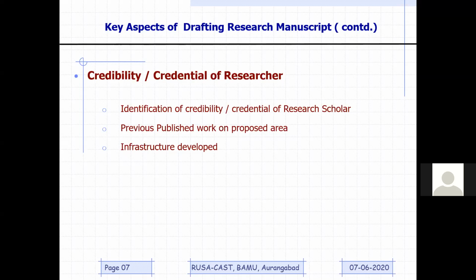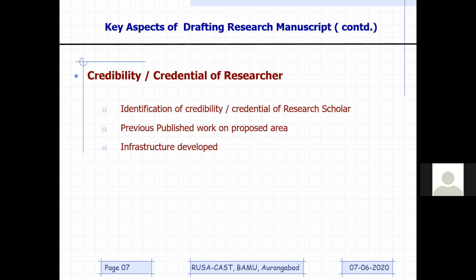So the reviewer is first going to check your own credibility. He is going to quickly do a literature survey by your name. अगर आपके नाम पे कुछ नहीं मिलता, तो then he is going to check the survey of your work on the basis of your advisor's name. He is going to check, because the reason for that is you might be making a lot of claims in the manuscript. पहला claim क्या होगा?